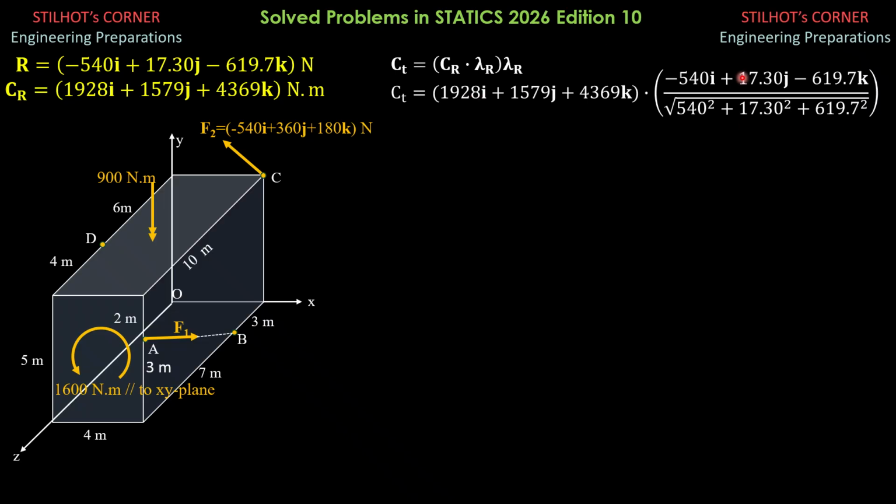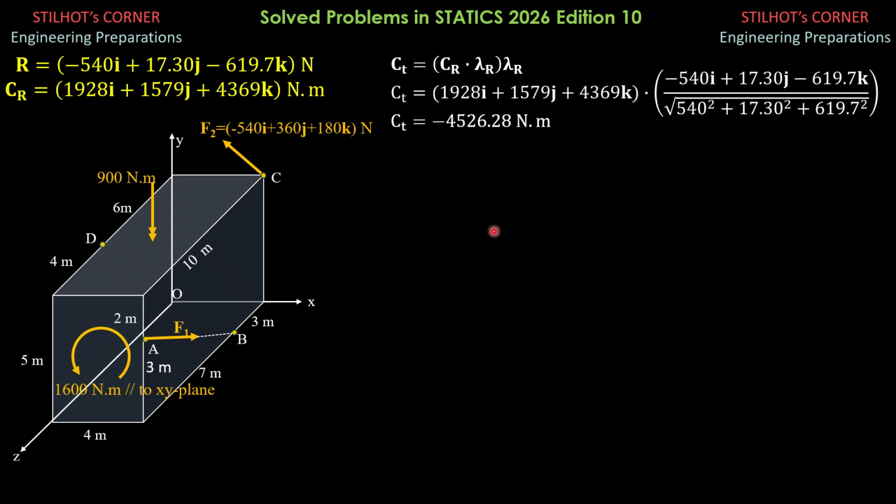So take note that for that product, we simply add the corresponding products of like terms, and that is equal to negative 4526.28 Newton meter. Because it is negative, the pushing direction of R and this twisting effect would be opposite. So they are opposite to each other. That's the reason for the negative value of the magnitude of C sub D.